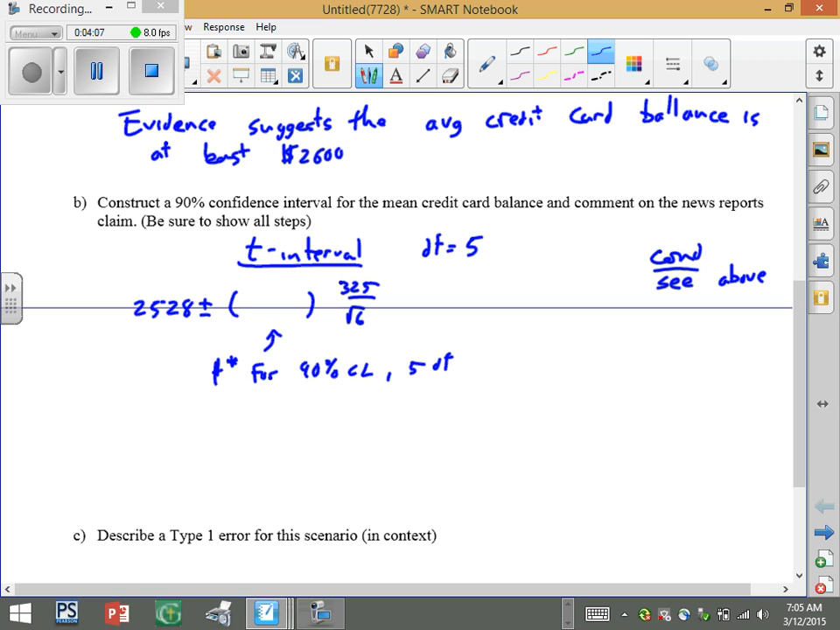So if you go to your chart, 90% confidence, 5 degrees of freedom, is 2.015. And I'm going to let the calculator take it from there. And what that kicks back to me, 2,260 to 2,795.4. So I'm 90% confident the true mean credit card debt